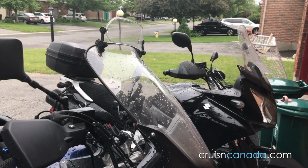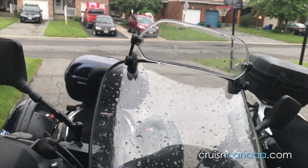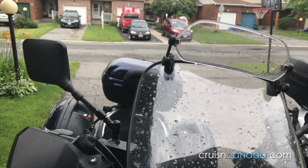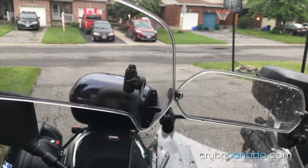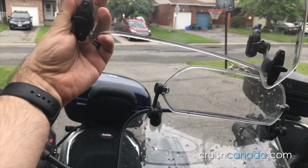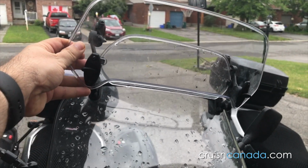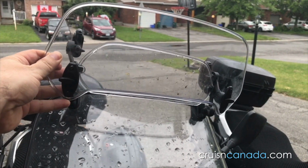All right, so like I said, there's the original X-Creen Sport right there. So what I'm going to do is hold this one up so you guys can get a sense of the size difference. So yeah, she's definitely quite a bit bigger, and I'm going to put it just over top of that. So you can kind of see the difference that this should hopefully make in regards to the Sport versus the